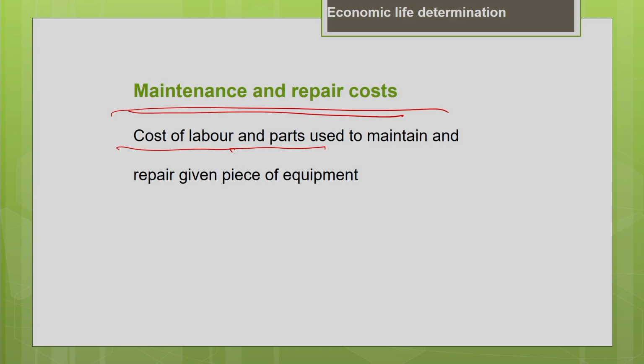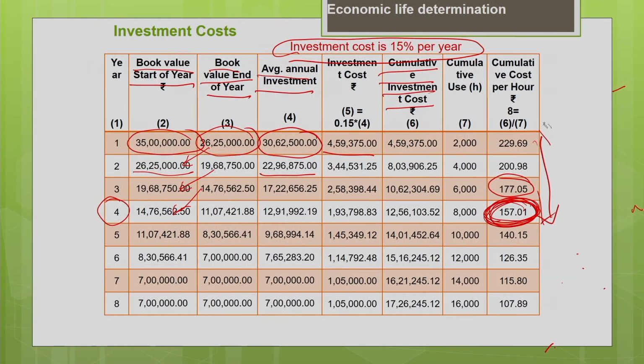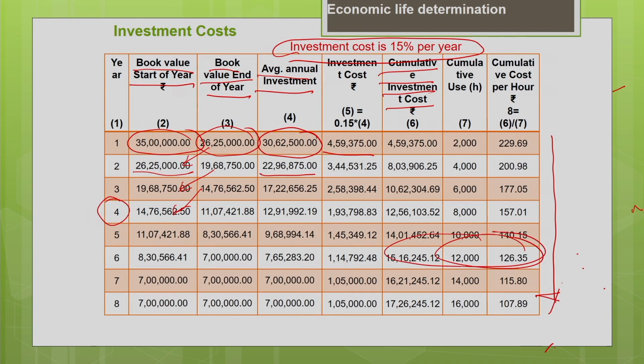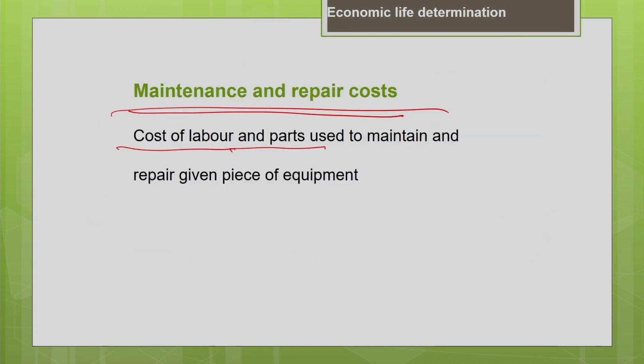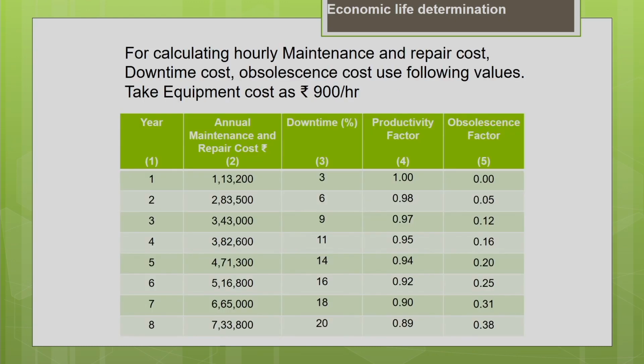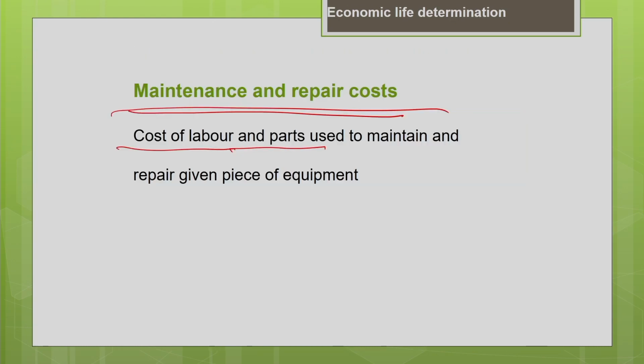So, as you know, with increase in the age of the machine, you can see that the maintenance and the repair cost will increase. Okay. But in the previous table, do you remember? The investment cost, you can see with increase in age of the machine, your cumulative cost per hour is decreasing. Okay. As I told you the reason. When the investment cost is distributed over a greater period, you can see that the cost will reduce. As the usage is increasing, you can see that the cost is reducing with the time. But in the case of operating cost, the maintenance and repair cost, downtime cost, you can see that your cost will increase with the age of the machine. Okay. So, that thing you have to note very carefully.